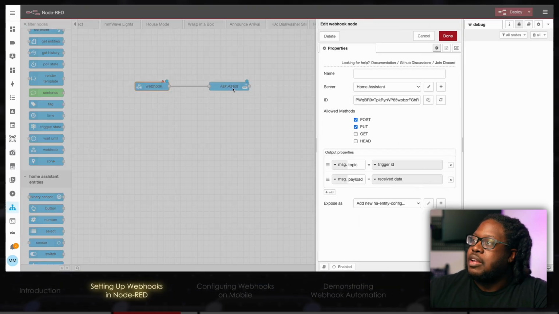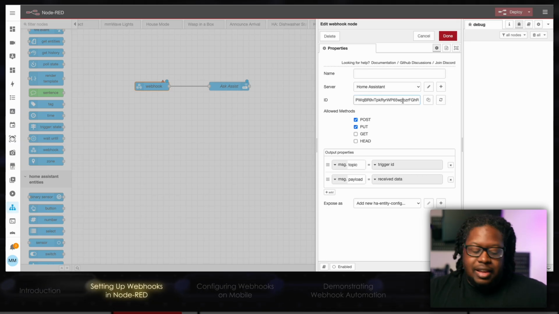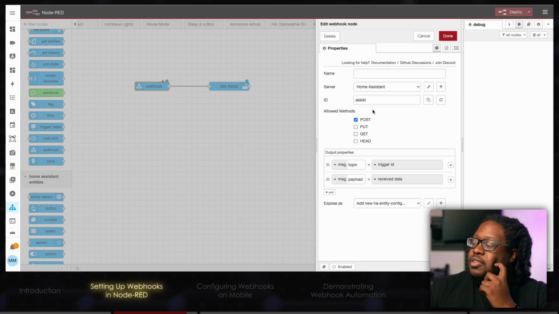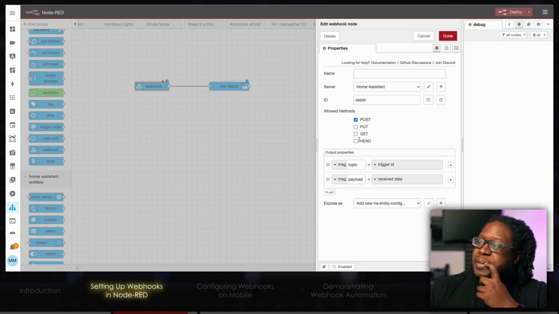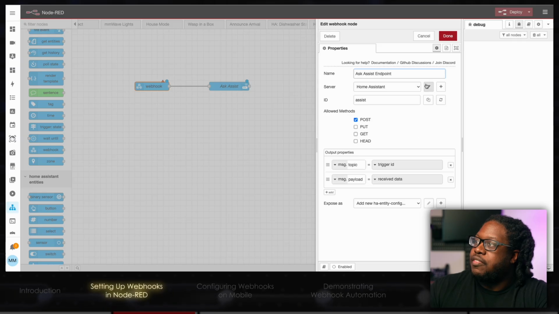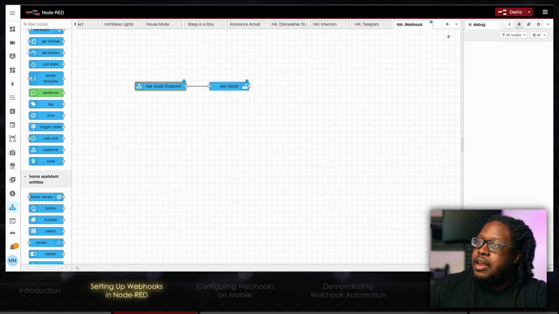We're going to double click into it. This is the ID. I'm just going to give it a simple ID. We're going to call it assist. Super simple. We want this to be a post. Do we want it to be a post? It can be a get or a post, but I'm just going to leave it at post for now. And then we can say ask assist endpoint. The payload is going to be the received data, which is perfectly fine. And then done. So to test this,